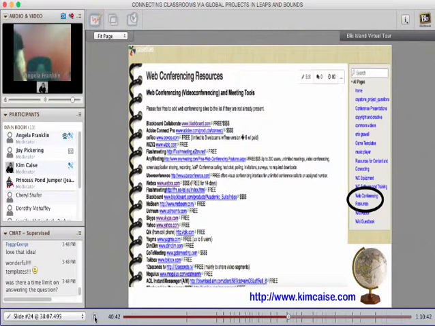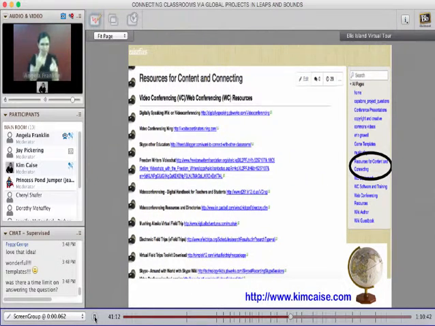And of course, if you have an iPad, there are different apps that you can share, including Skype and some other ones as well. So I encourage you just to explore that and find what works for your district and your campus with the purpose of whatever you're trying to accomplish in your web conferencing sessions.